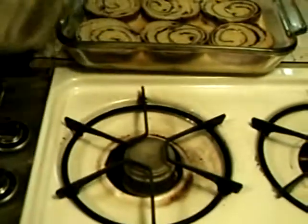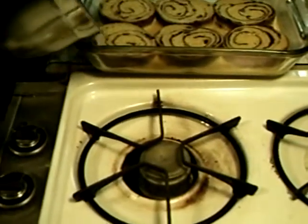Okay. Then you just take your topping and sprinkle it on top here. Make sure you get most of it on top of the...